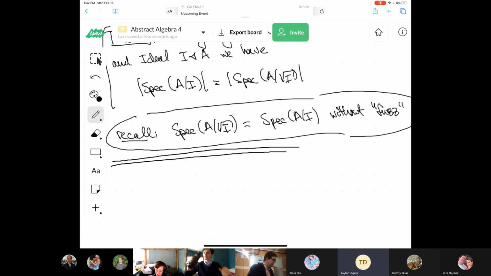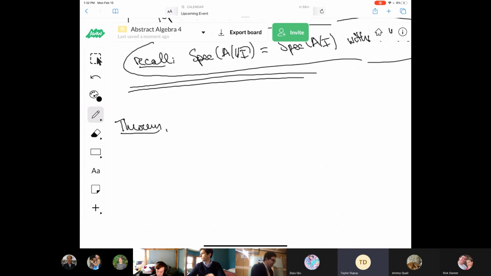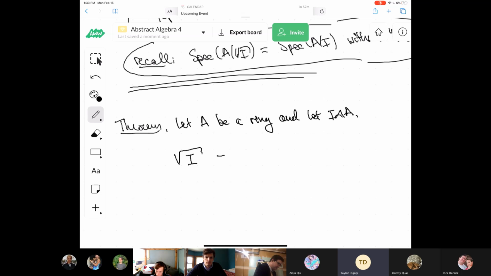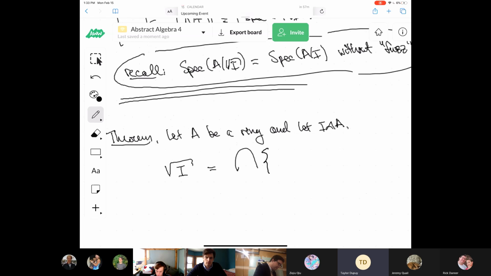One thing I want to prove: let A be a ring, and let I be an ideal in A. I want to prove that the radical of I is equal to the intersection of prime ideals